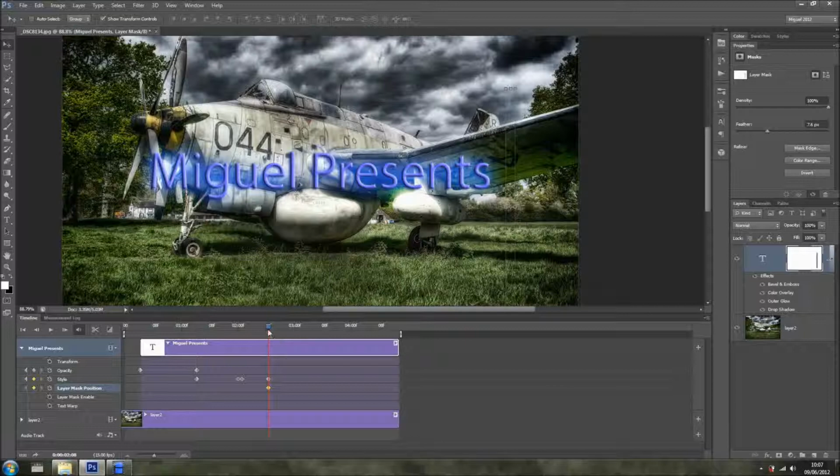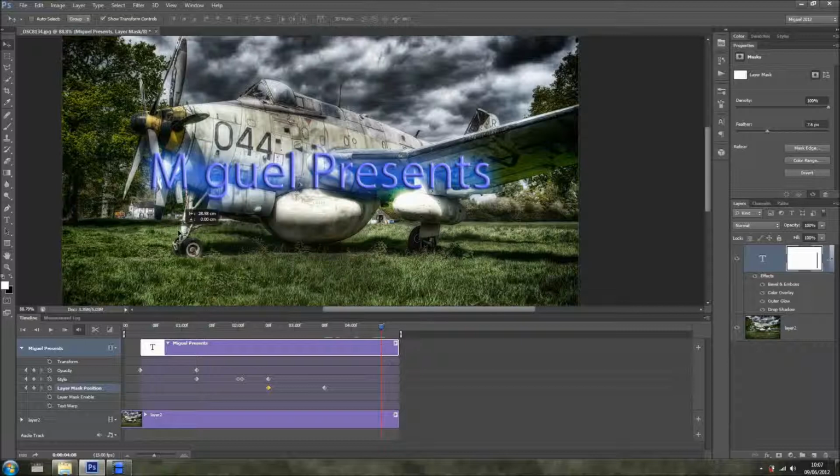Oh, but I forgot to do something, so I'm going to undo. I need to move frames right here. I'm going to do it like so, and now I'll move the layer mask, so I'll move it right here, and let's say I want to move it back where it was before, so I'll just move the cursor right here on the timeline, and now I'll just move it again to the side,